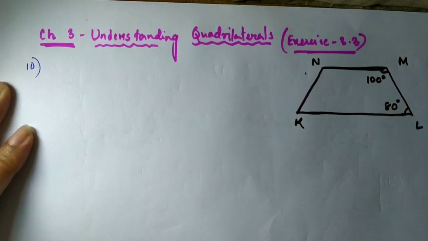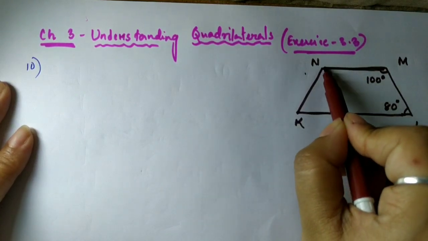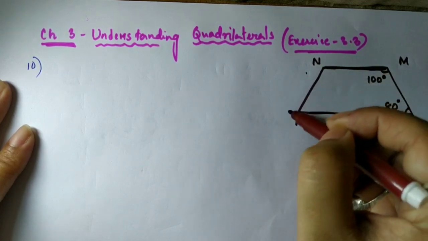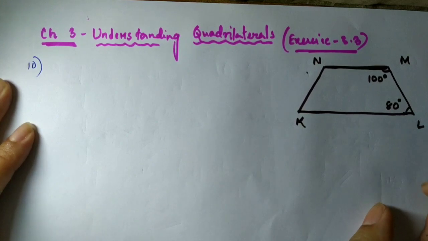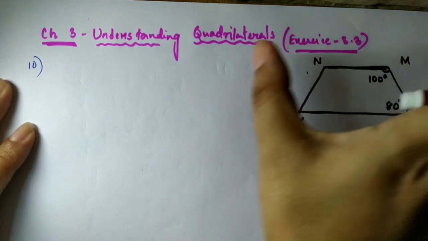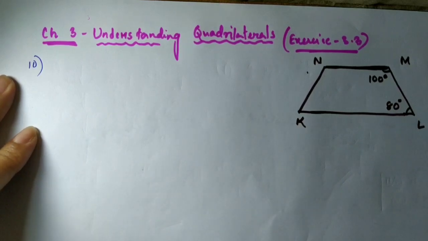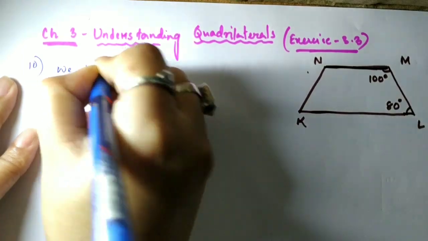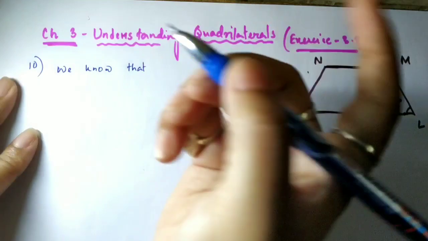If you have forgotten, I would like to remind you that a trapezium is a quadrilateral, that is a four-sided closed figure, where it has only one pair of parallel sides. See, this and these are parallel, whereas this and these are not parallel. It cannot have two pairs of parallel sides. So it is given in the question, how can you say that this is a trapezium and which of these two sides are parallel? Now we'll write down. See, it's not a calculative sum, you just have to give the reasoning.